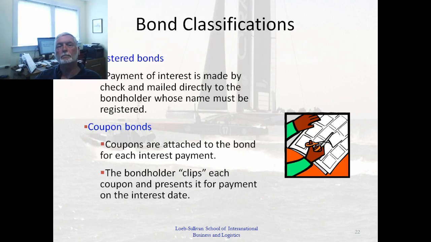Bearer bonds were like currency. So you could own the bond, and whoever held the bond, whoever was the bearer of the bond, owned it. There was no legal tracing of who was the beneficial owner of the bond. And the way that interest is paid on them is you clip the coupons, as the little picture on the right shows. And when you clip those coupons, you then turn them into a bank teller.